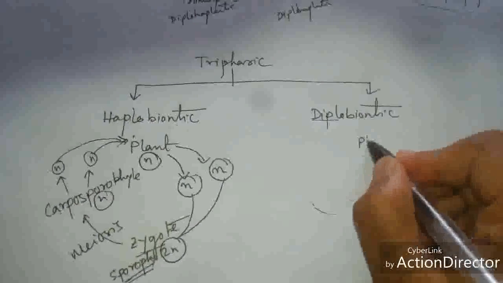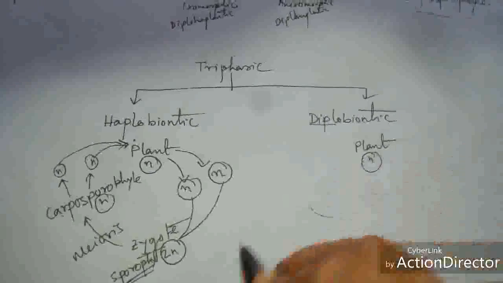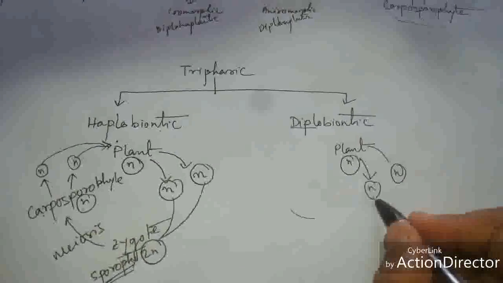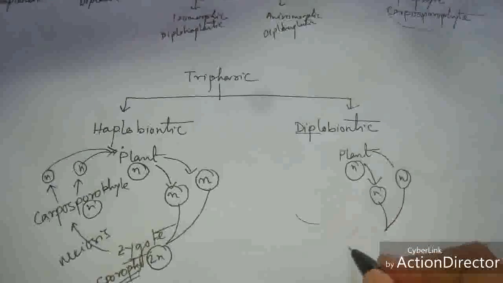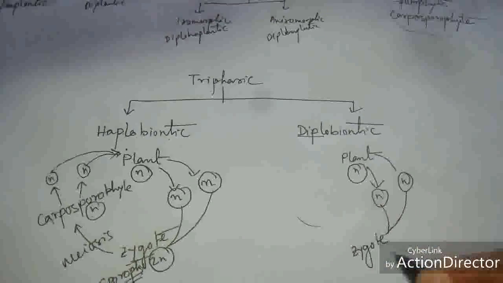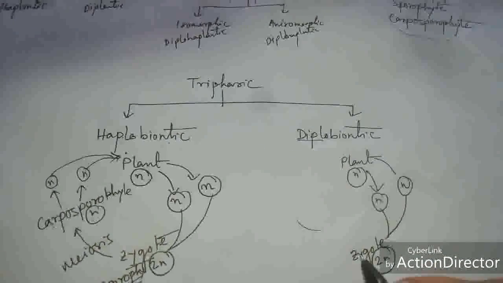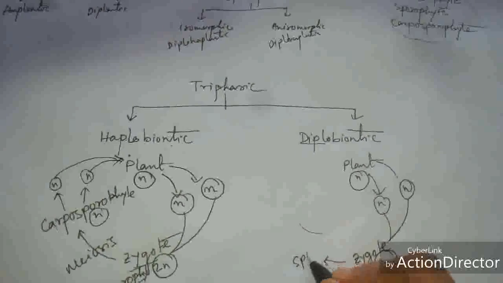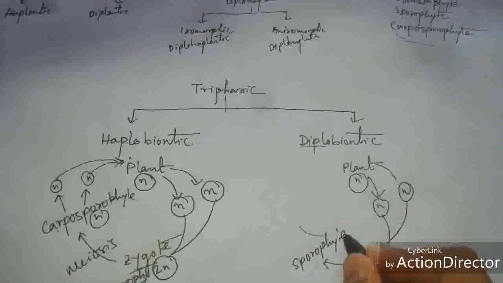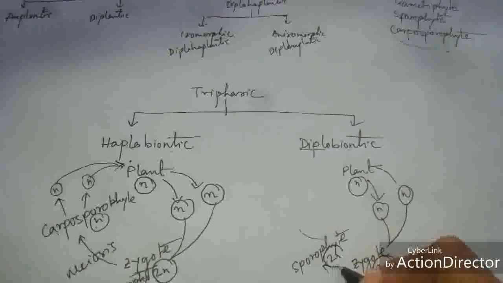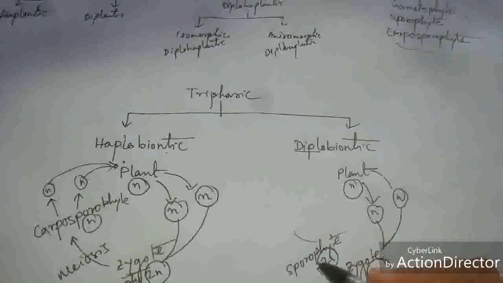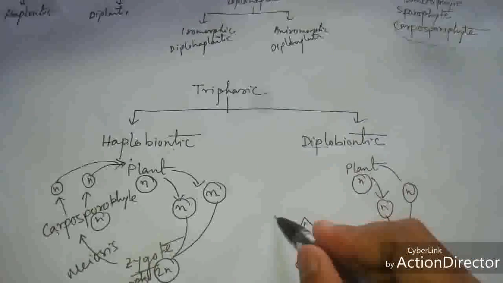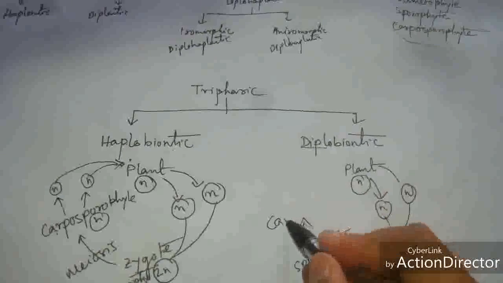So the gametophytic plant body is haploid and produces spores, and by fusion these spores form a 2N type zygote, and this zygote produces the sporophyte, which is 2N type, and on this sporophyte the branch produces a special type of carposporophyte